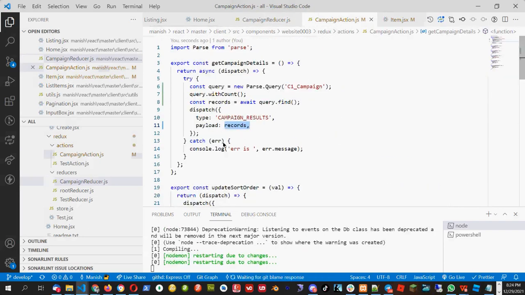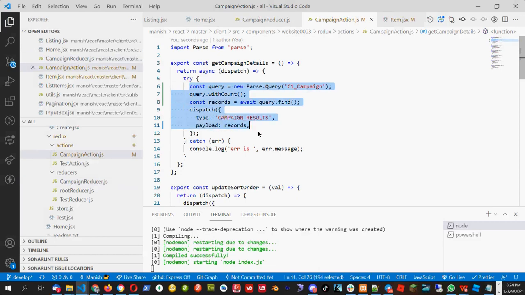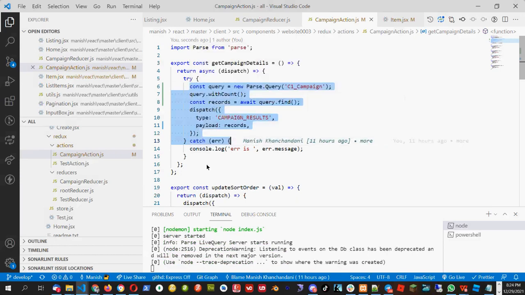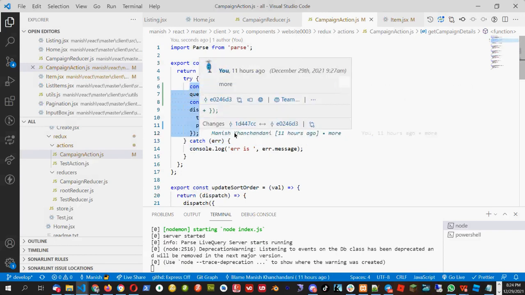Okay, so that is what I am doing here. This is pretty much done, though we have to modify it more because of pagination, search parameter, and sorting parameter, that we will do now. But right now, just put this one in your code, and then we'll go forward.